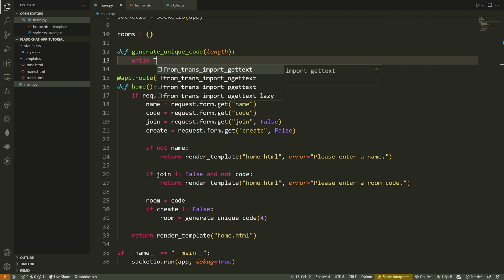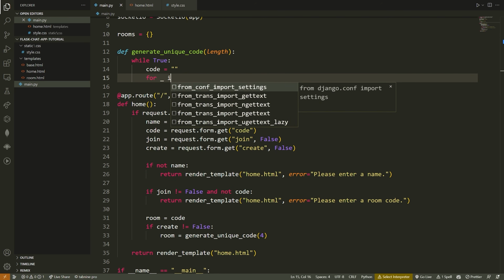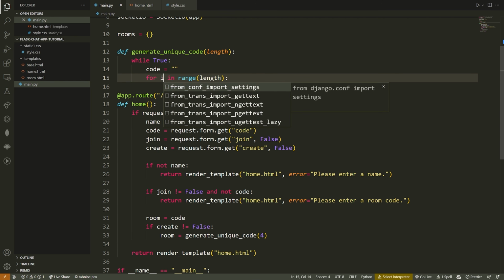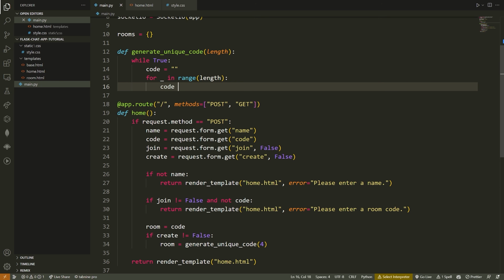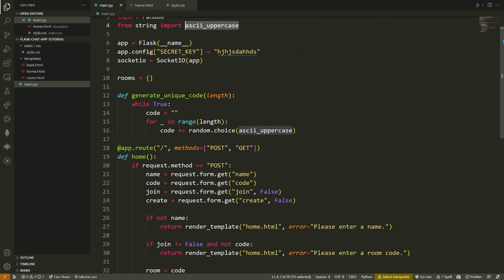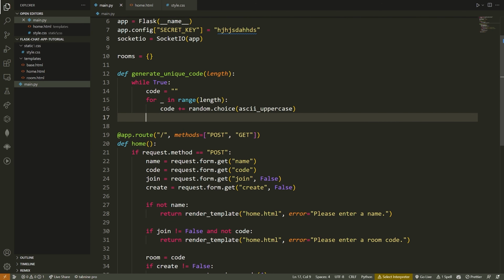To do this, I can say while True, code is equal to an empty string. I can then type for underscore in range, and then the length of our code, underscore being an anonymous variable, because I don't actually care about the iteration count here. Then I'm going to type code plus equals random.choice, and I'm going to choose from my ASCII uppercase characters. This just gives me a string of all of the valid ASCII uppercase characters. I can randomly choose any of those elements, add that to my code, and then after my for loop,